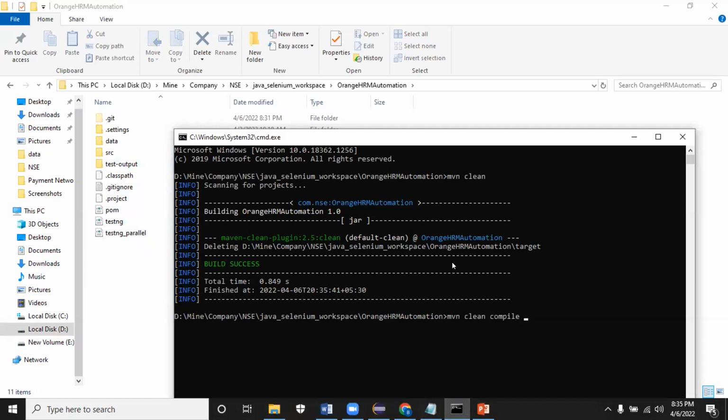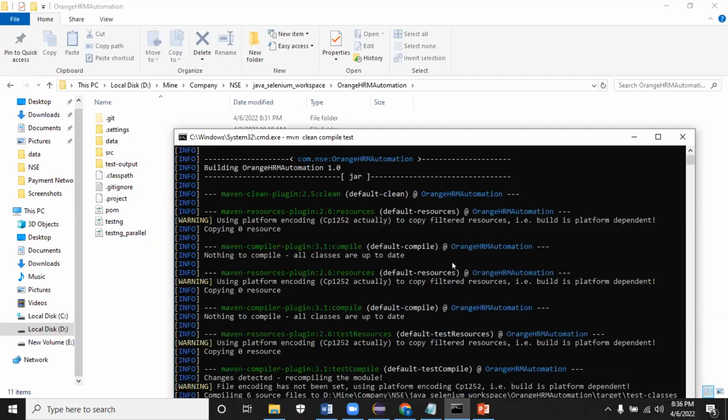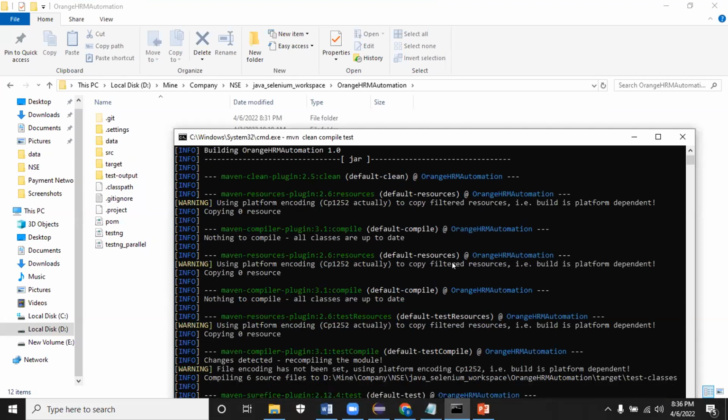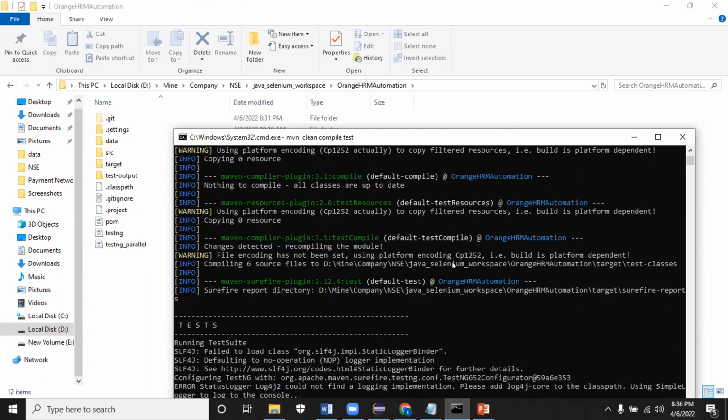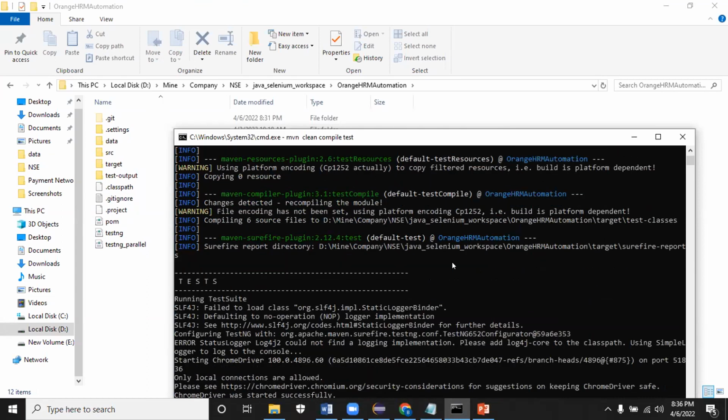Now you can call this in the testing environment. We call mvn clean compile test. If I do clean, it will clean the existing files; compile will compile it again, generating bytecodes from source code; then test will trigger all the test methods. If I run this, it will build everything from scratch. After compiling all 6 source files, it will start running the test methods. Right now, it will run all the test methods.